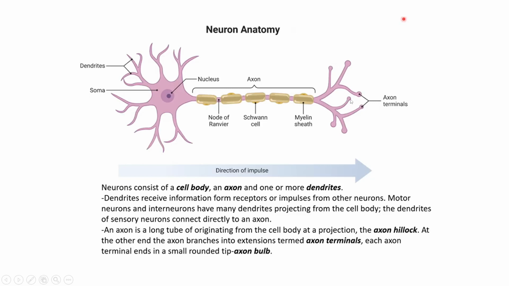At the end, there is an axon terminal. So this axon terminal will bind to another dendrite. Okay, and that is how it will pass the information from one neuron to another. The dendrites generally will take up the signals from these axon terminals and pass on the information to the neurons through this axonic region.